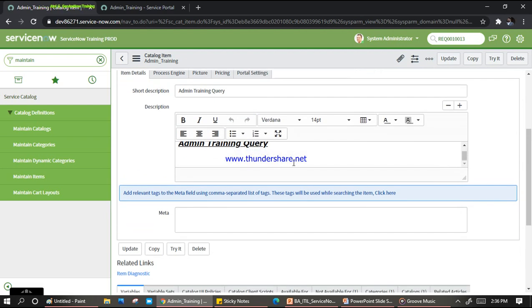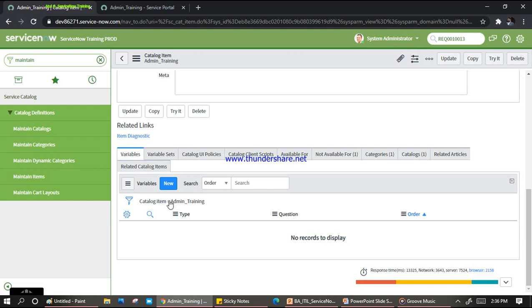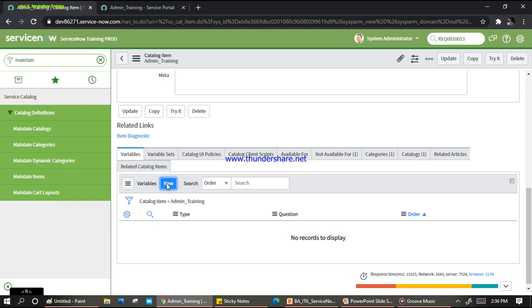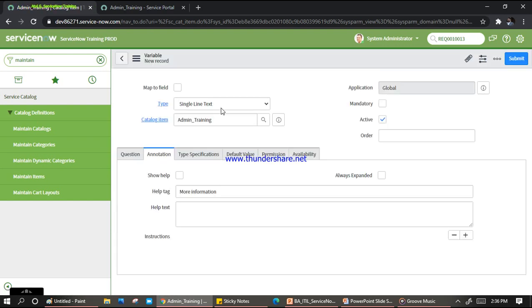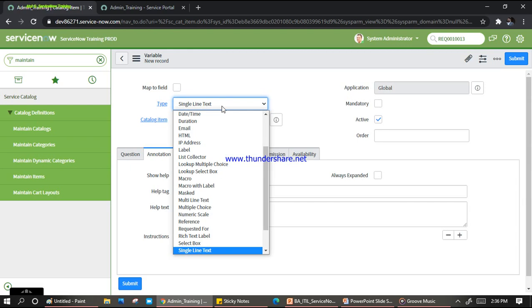Okay, if you scroll down, you can see the variables here, right? Click on the new variable. What you want on the form. I click on new here. Okay, I'll say it is a multi-choice.